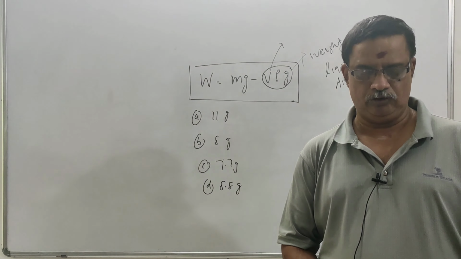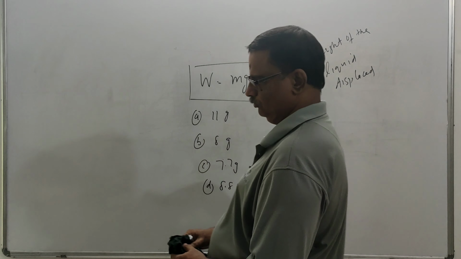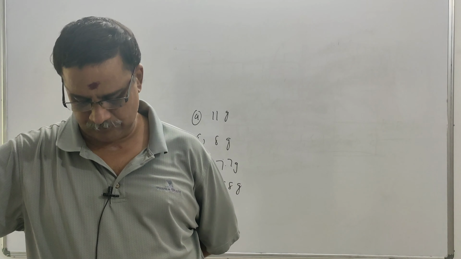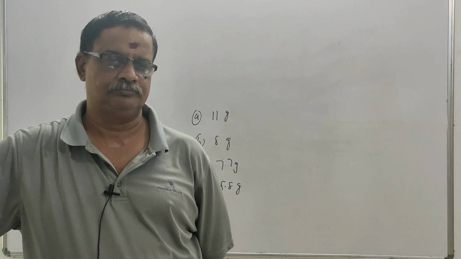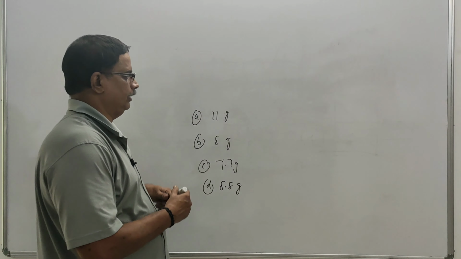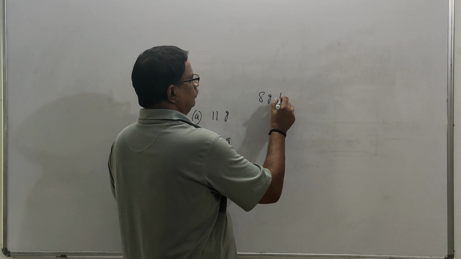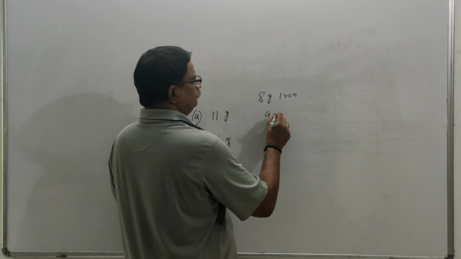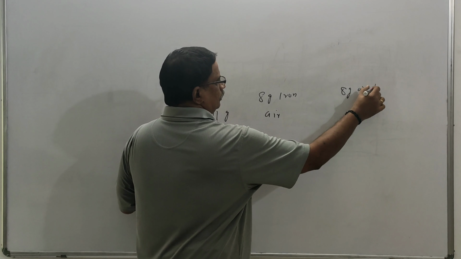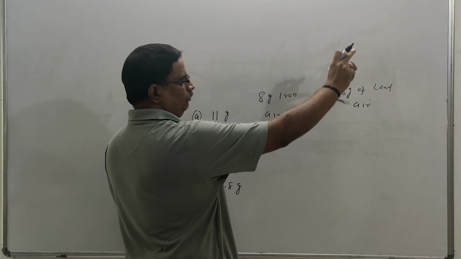So read the question carefully and try to solve. I will give you 1 minute. After that I will be doing it on the board. It's 8 gram of iron when lead is in water and iron is in air. So iron is in air. So if you have 8 gram of iron in air, then certainly and surely you require only 8 gram of lead, if lead is also in air. The beam of the balance will become horizontal.